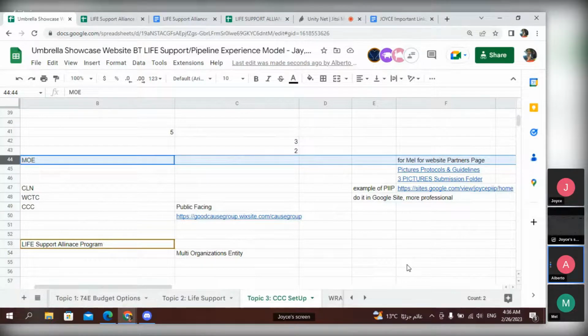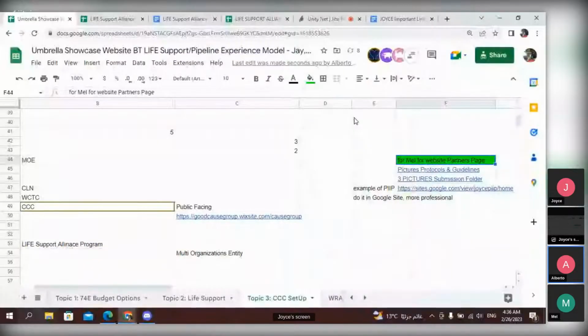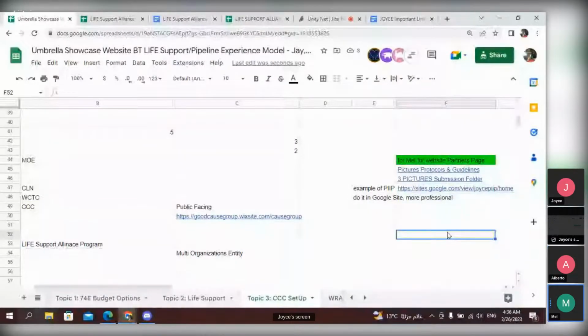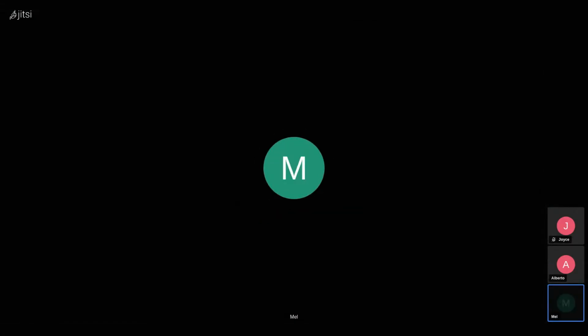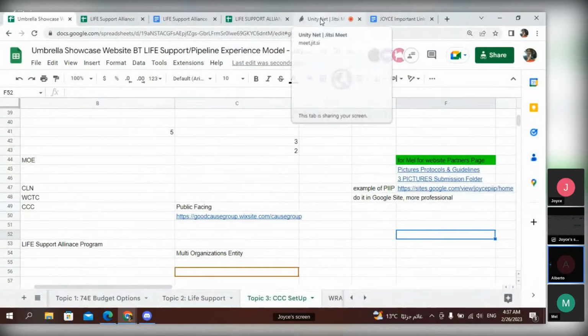manage and to... I think you're overcomplicating things. No, I'm not overcomplicating. You keep saying the life support should go under the CCC website. Yeah, because it was under CLN. I know, Jay, and you're explaining the reason perfectly. You're perfectly right. What does CCC do? Why do we have CCC? We have CCC because